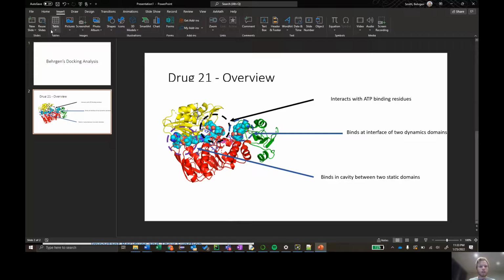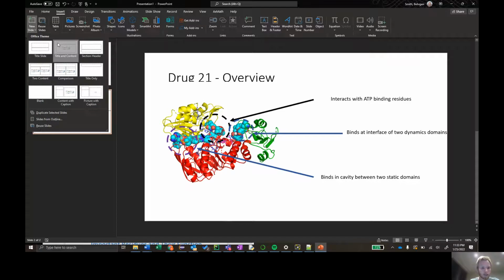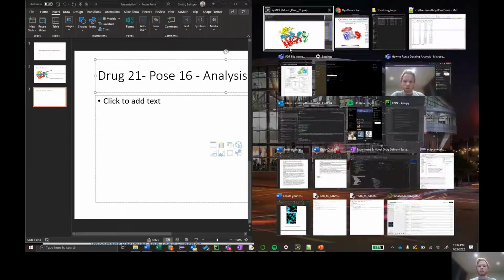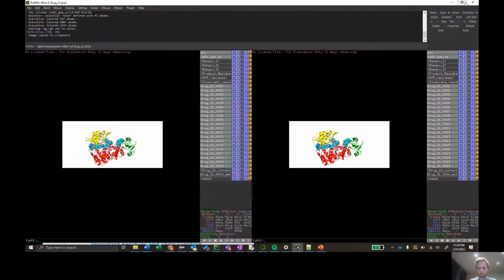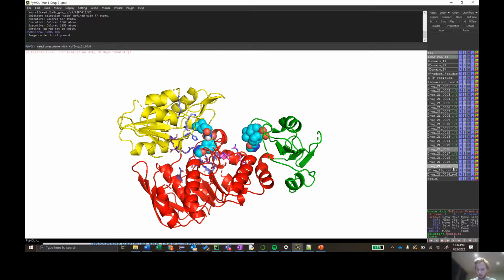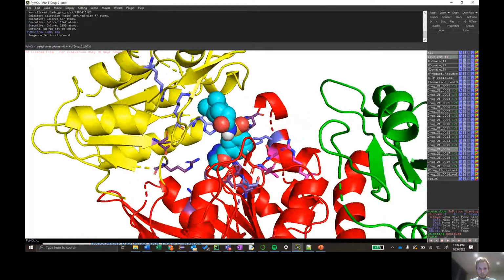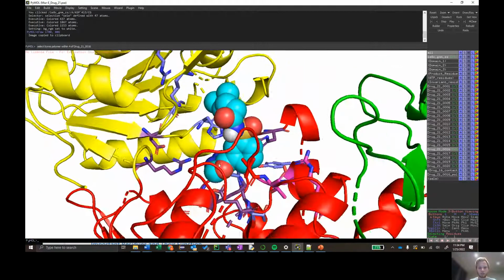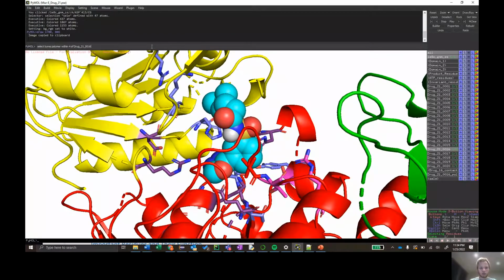So now we'll enter the next slide, and this will be a little more detailed viewing of our first pose. New slide, title and content, drug 21, pose 16, analysis. Now we'll re-isolate pose 16, and so we have our pose here, and now we'll reselect our residues within the range,